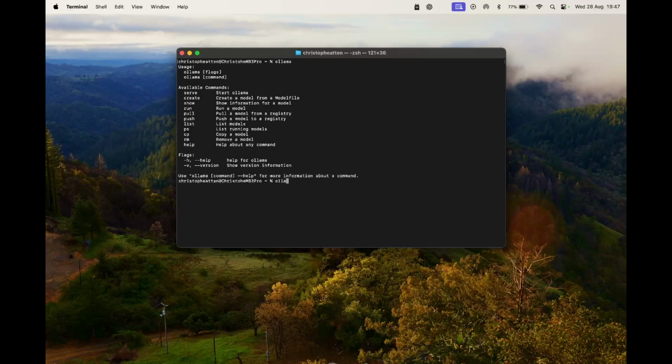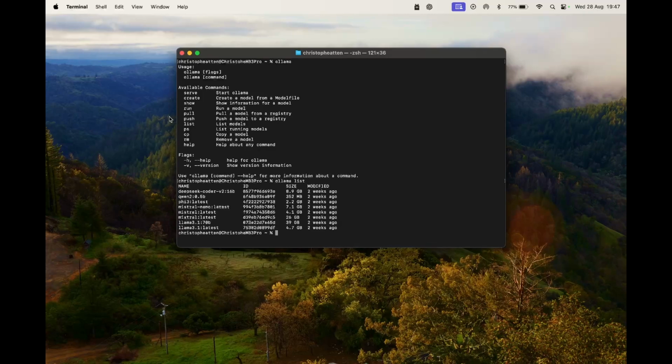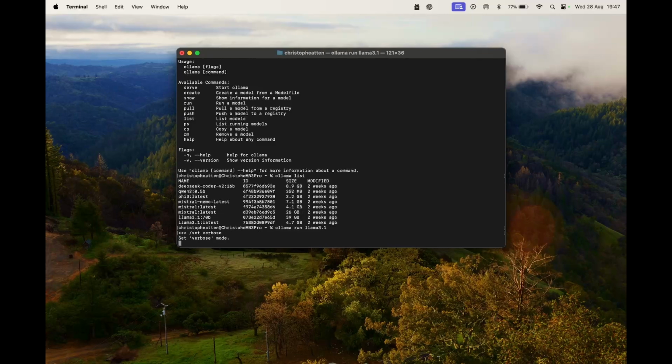So let's check which models we currently have installed. Ollama list, we see, approximately 2 weeks ago, I tried different versions of different models. So I tried Deepseek-Coder for coding, Mistral, Mixtral, Llama, and Llama 70B. Let's launch a very simple Ollama run, and then let's say Llama 3.1 to see what we can ask. To show a bit more information, we'll put it in verbose mode, which will tell us at the end how long the model needed, how many tokens per second we got,